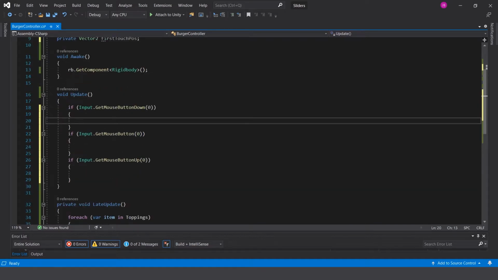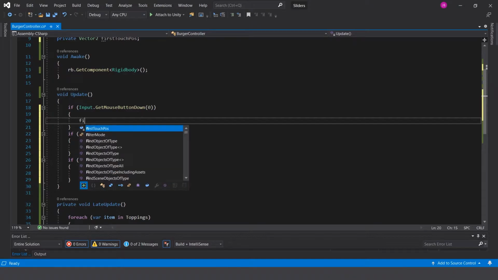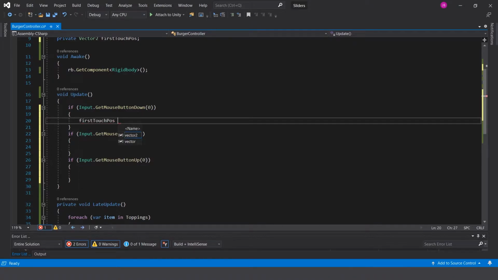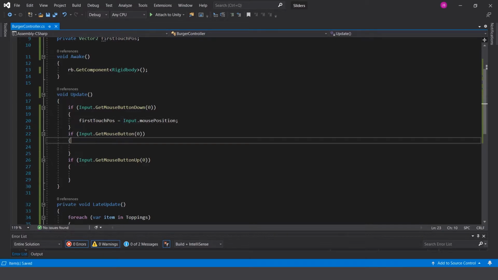And then we just want to assign our first touch position. We want to assign it the Input.mousePosition. Save that. And in this if statement here, while our mouse is down, we want to start calculating the distance